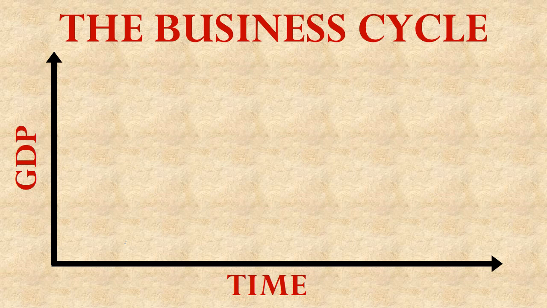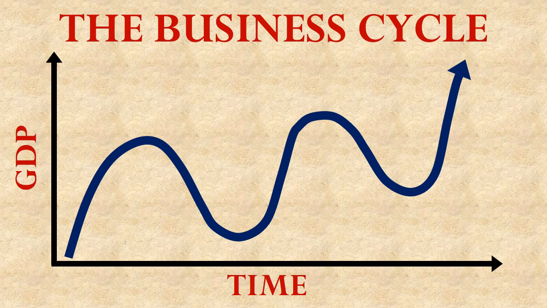And so as we go from the bottom up to the top of the graph, we're showing that the gross domestic product of the country is getting bigger. So what happens in the business cycle is that the strength of the gross domestic product, in other words, the total production of our country, fluctuates over time. At some times, the gross domestic product is growing. At other times, it's getting smaller. It goes up and down in this cyclical way.